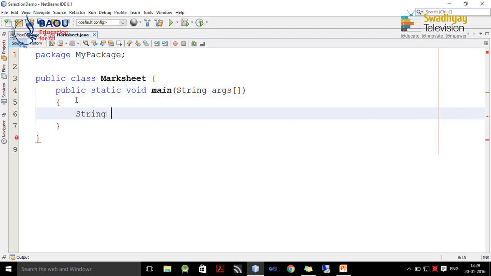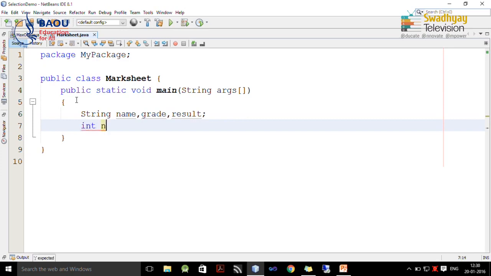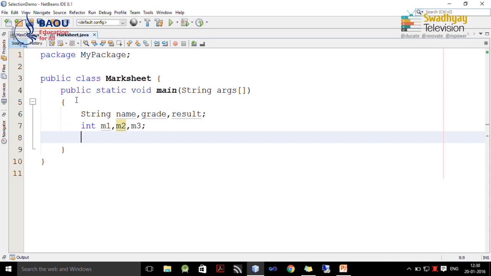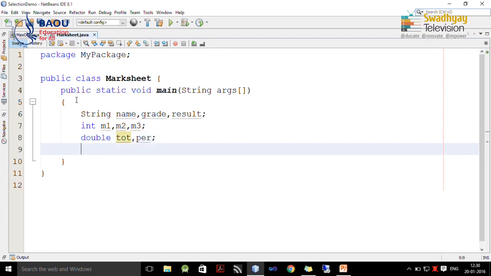Here I declare string variables which represent the name of student, grade and result, and our marks are M1, M2 and M3 which represent marks in 3 subjects. We want to find out total and percentage which are of type double.